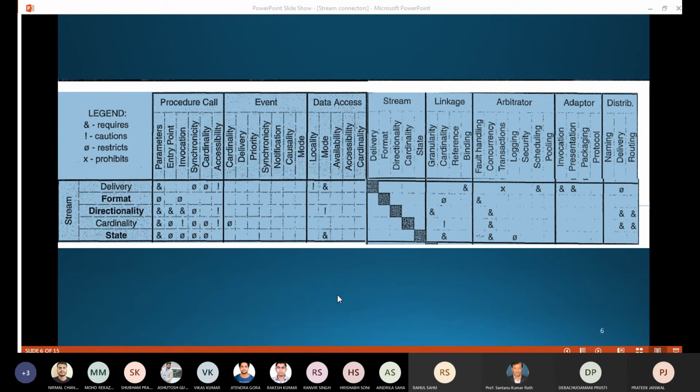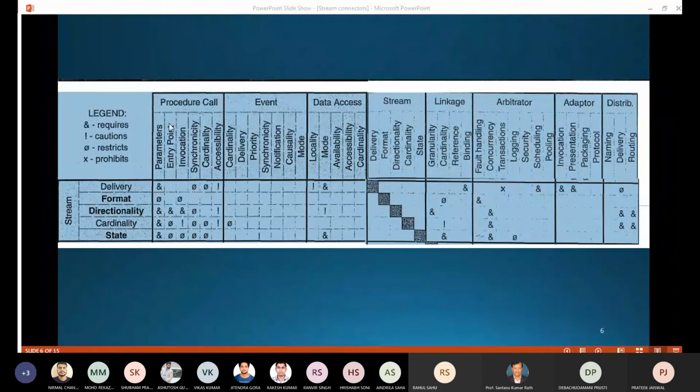So I will move on to procedure call. State is showing an ampersand, meaning it doesn't matter whether it is stateless or stateful, we can do data transfer. That's why we are using an ampersand here.